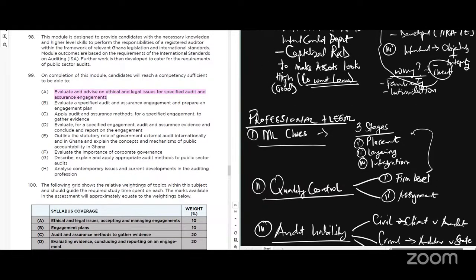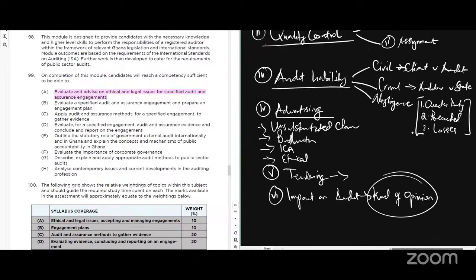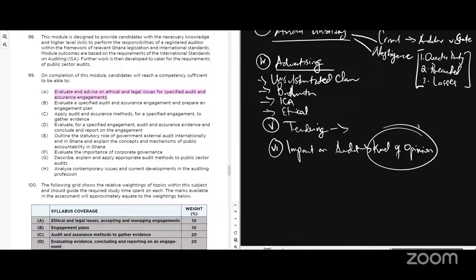So when we say professional and ethical issues, there are so many things, anything that comes to mind. That's how I do it. So you end up getting so many points, even apart from the things that you have here. If you spot things like non-compliance, maybe the person was not complying with the tax law, or was doing tax evasion, it's a legal and professional issue. If you see fraud, it's a legal and professional issue, right? If you see anything, drug trafficking, whatever you see, it constitutes a legal and professional issue.